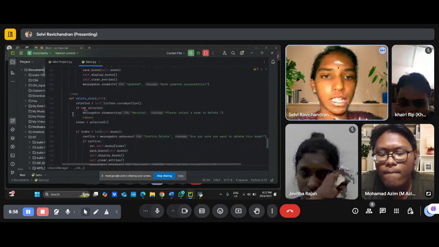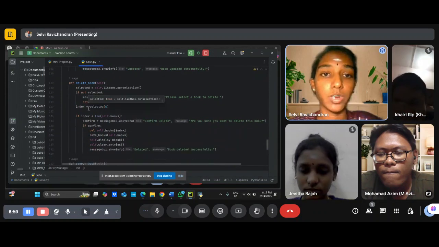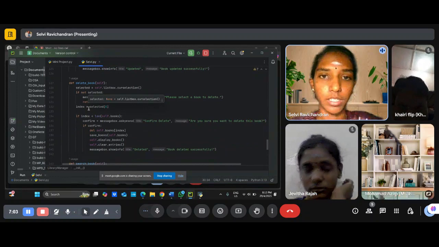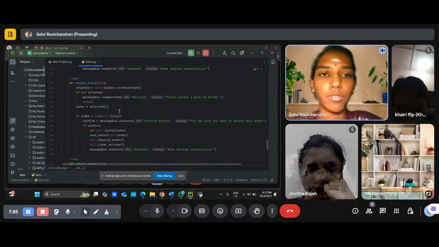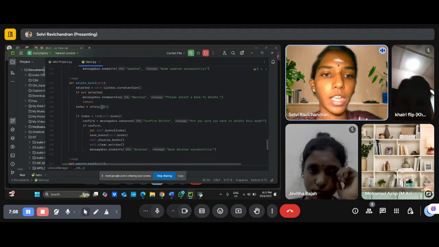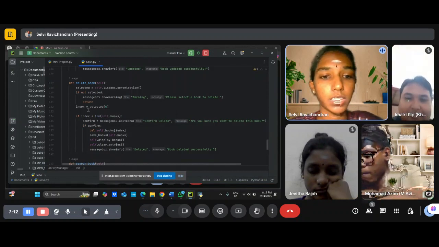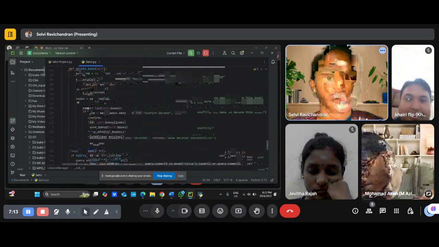The second one is delete book, which means we have to delete it fully from the GUI. For this one, we also have an if statement.